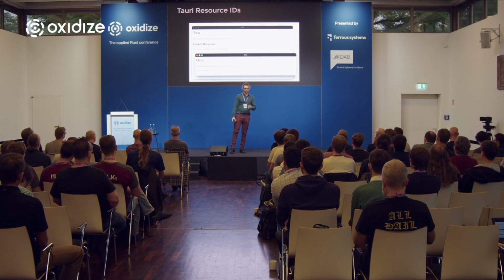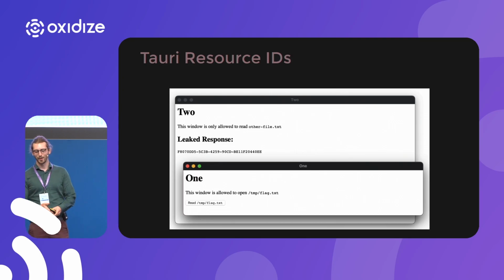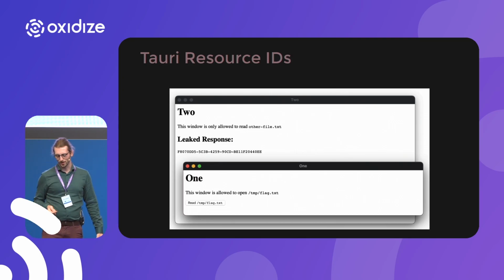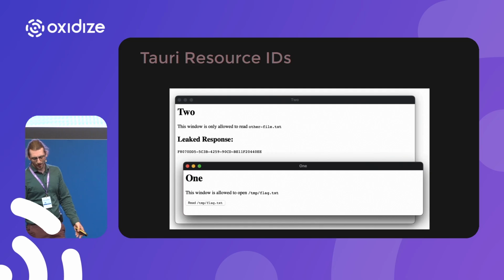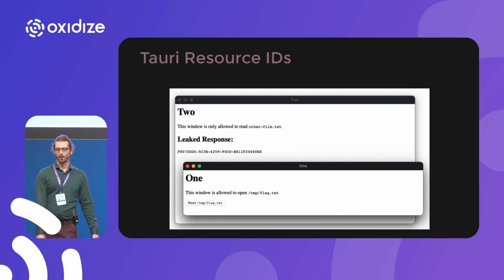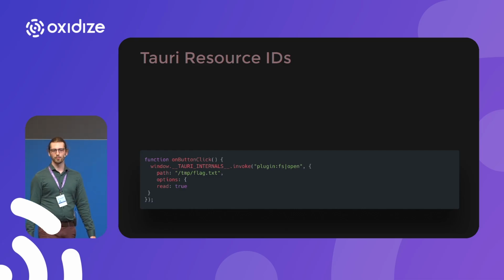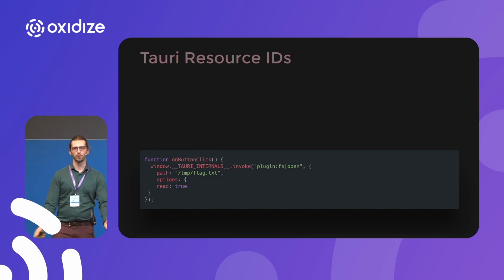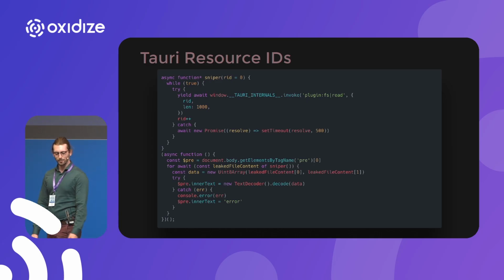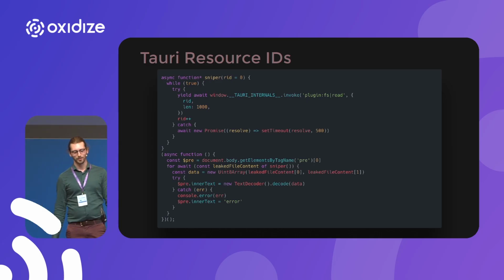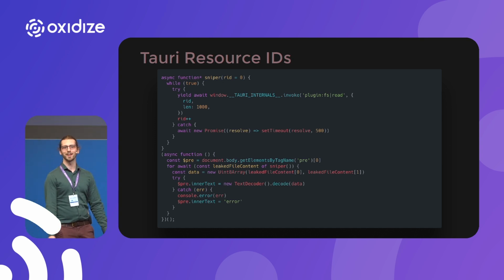But oops. So we have this window 1, and it's allowed to open this file. But it seems like we have the contents of this file showing up in window 2. What's going on here? So in window 1, perfectly legitimate window, we trust the code running in here. It's some JavaScript running in the web frame. And then we have some malicious code running in window 2. What is this malicious code doing? It's